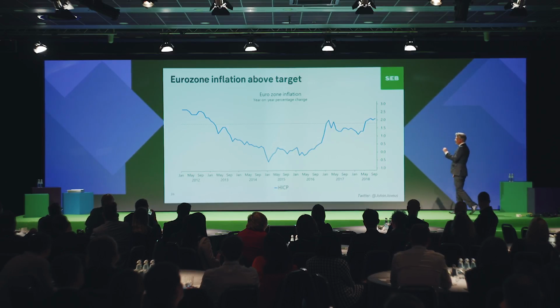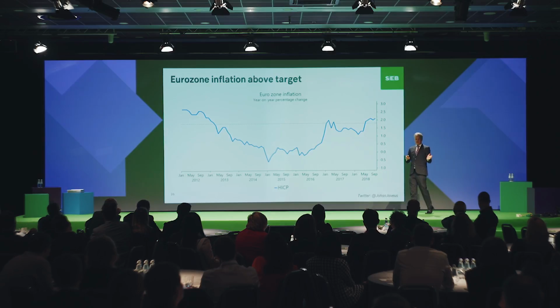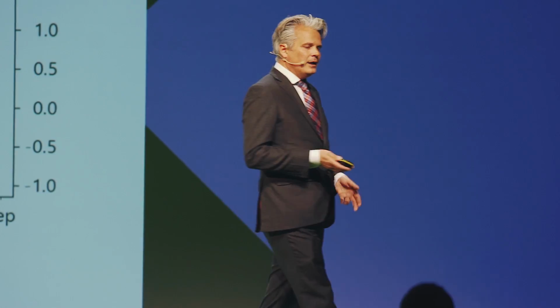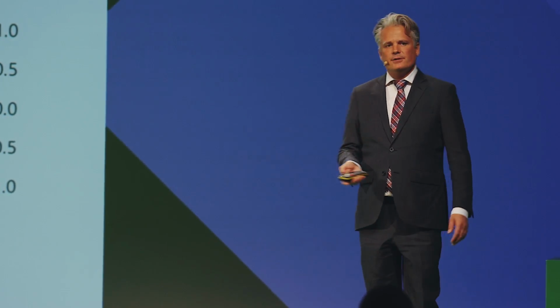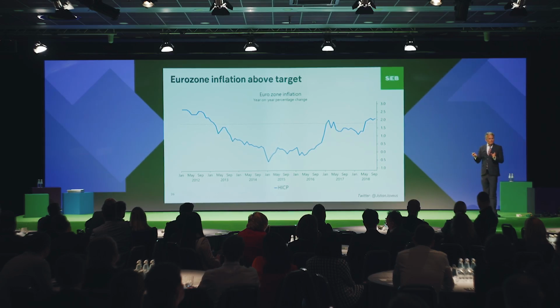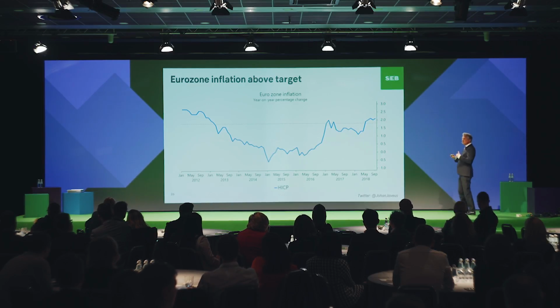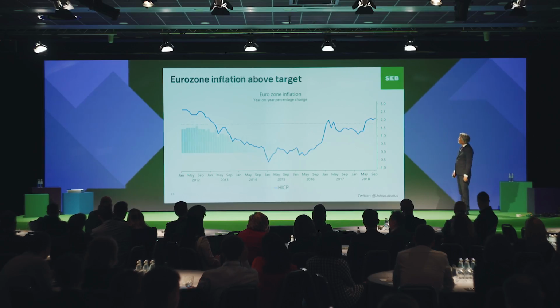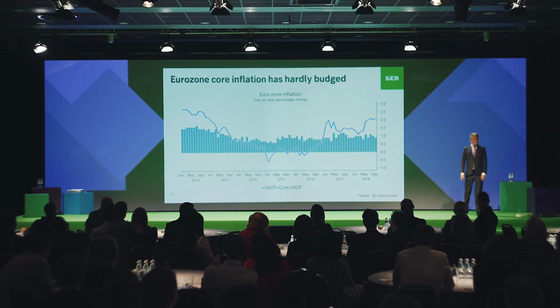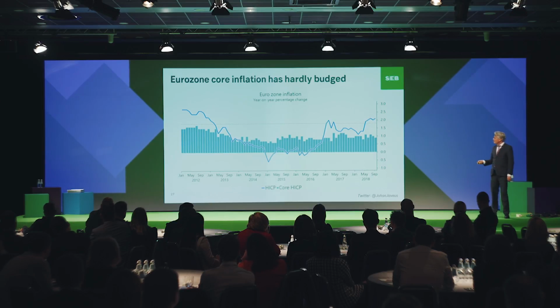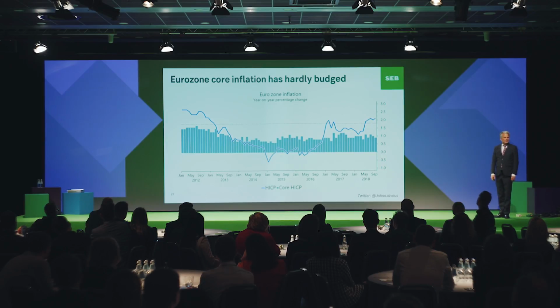But you should remember one thing. There is inflation and there is inflation. There is inflation that central banks like, and there is inflation that they don't really like. And the problem is that this inflation is of the kind that the ECB really doesn't care much for. If you look at core inflation, where you try to strip away some of the more volatile components of price increases, it looks like this. It's basically flatlined. It's stuck around 1%, slightly lower than 1% currently.